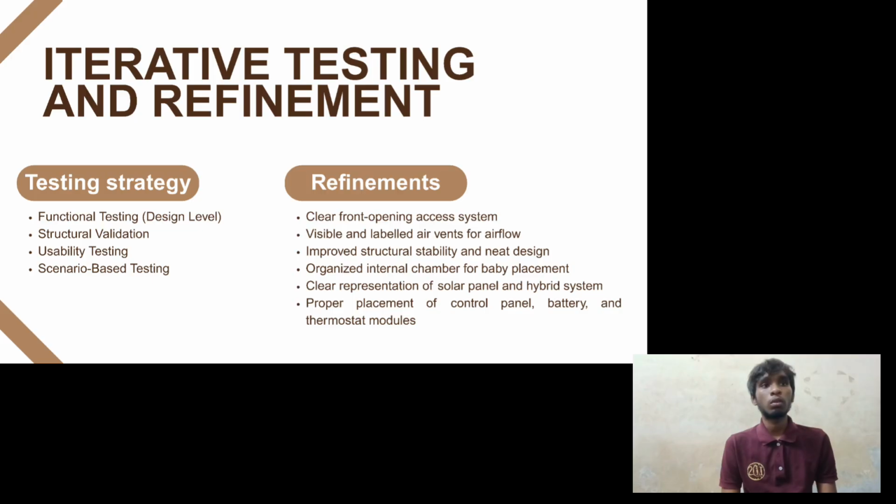Ultimately, our solution aims to provide a user-friendly and effective system that can make a meaningful impact in its intended